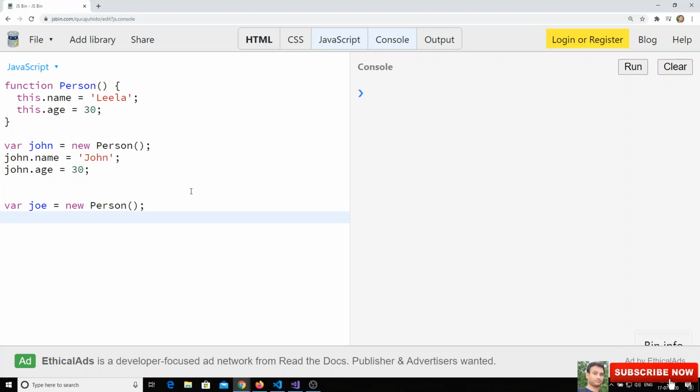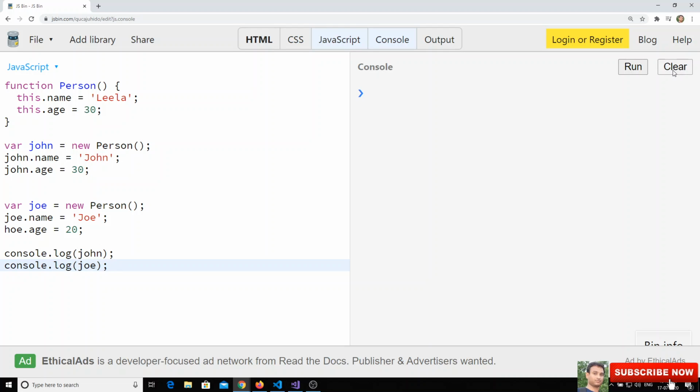Joe.name is equal to Joe, and Joe.age is 20, let's assume. Now if I try to console.log John and Joe,